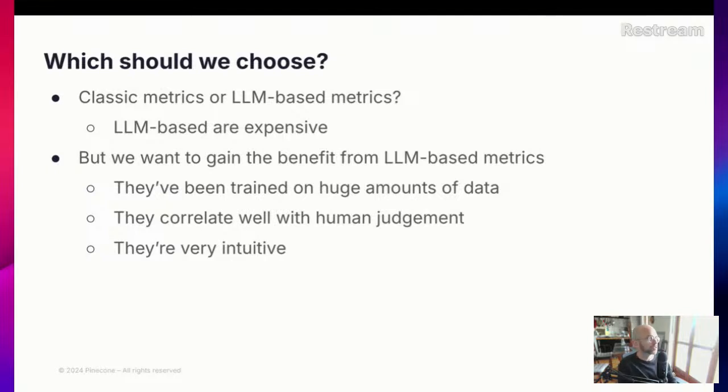And there's a good reason why LLM-based metrics, or LLM as a judge metrics, are working pretty well. This is why we all love LLMs and want to use them everywhere we can. First, they've been trained on huge amounts of data. They correlate well with human judgment, as we said, and the third point is actually, I think, the most important one. They're very intuitive. If you think about it, just asking an LLM if an answer is correct is super